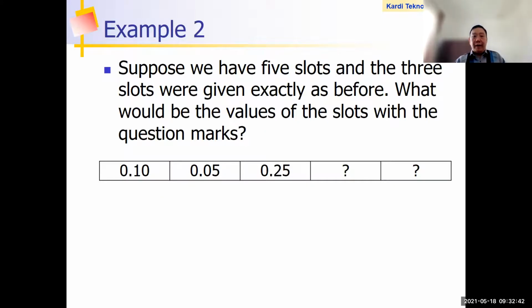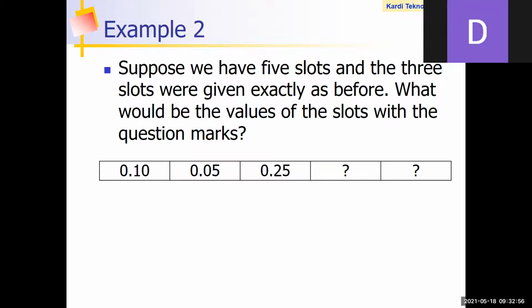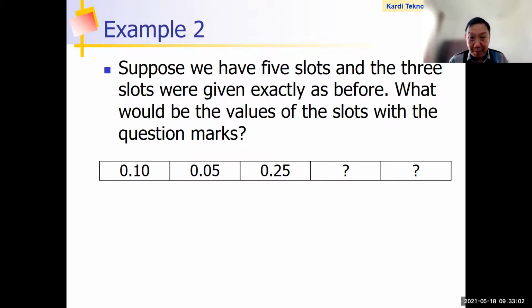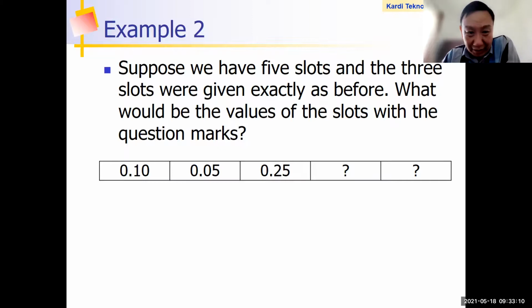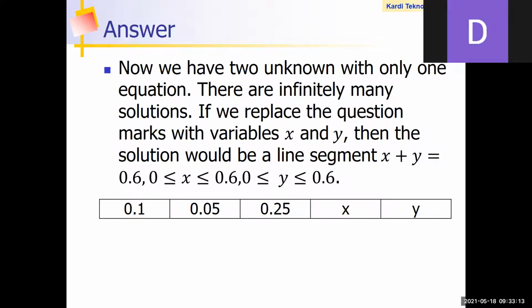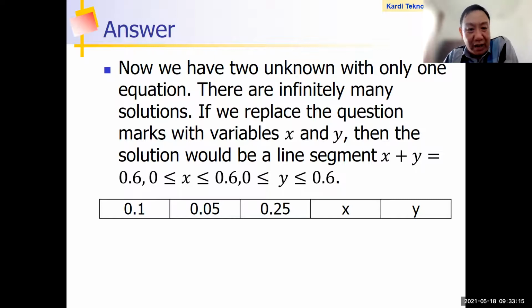How about this? Earlier, now I have only 3 numbers. Here, what is the missing value? So 1 minus 0.1 minus 0.05 minus 0.25, and you got 0.6 and divide by 2. So 0.3. Okay. So again, you can fill in with any numbers. The one that you filled in a while ago was correct, but the most